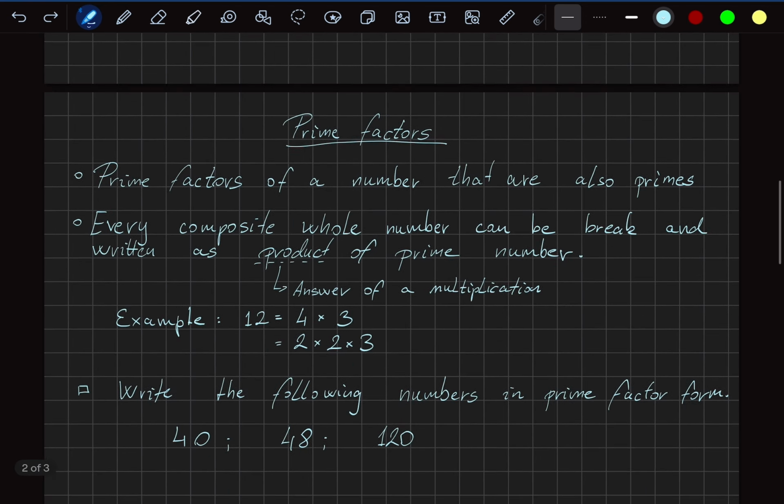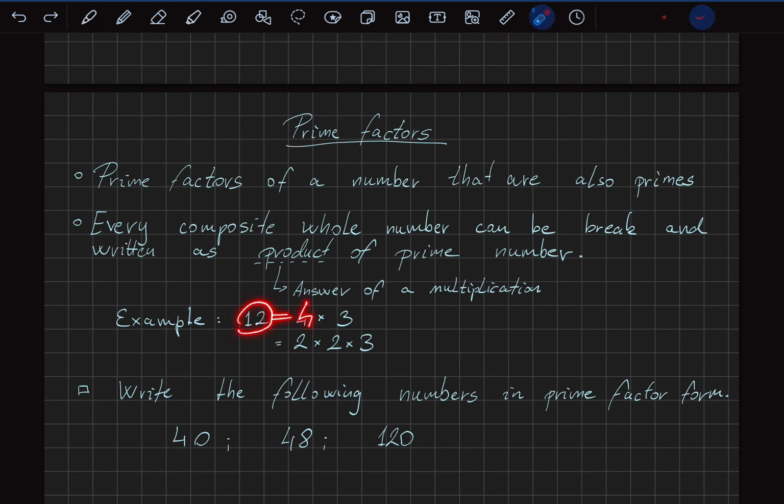Prime factors. Prime factors of a number are the factors that are also primes. We will break the composite numbers into prime numbers. So every composite whole number can be broken and written as a product of prime numbers, the answer of the multiplication. Example,